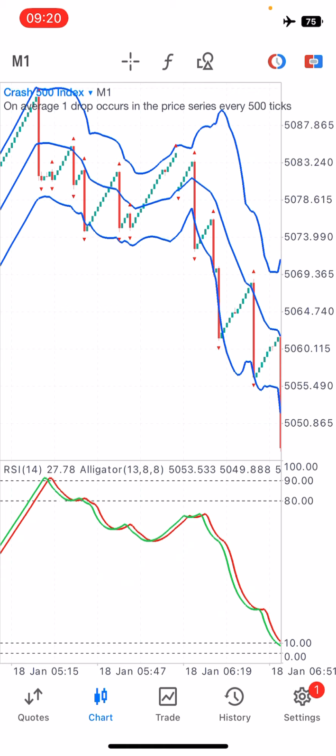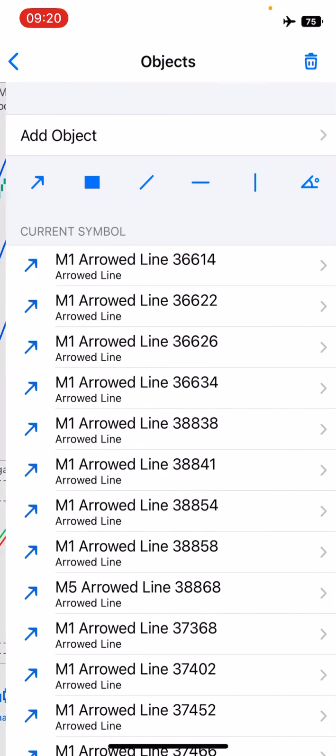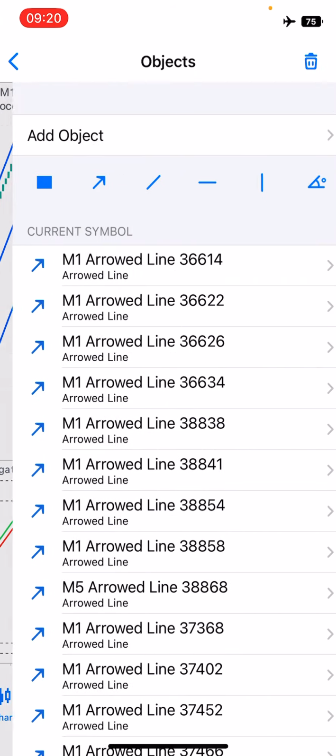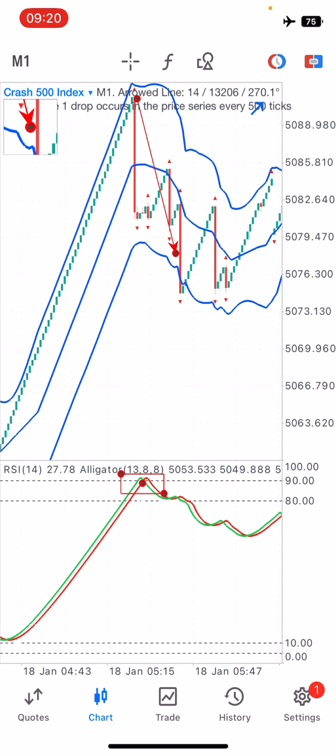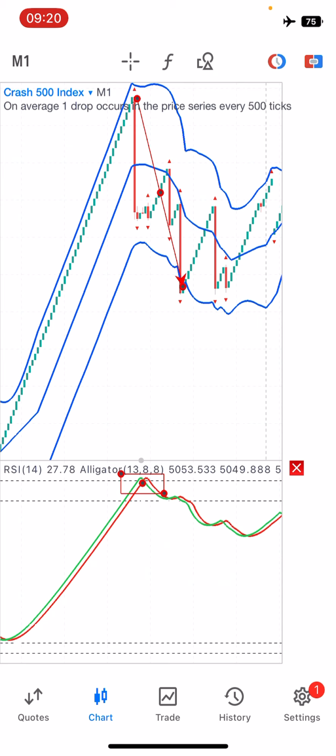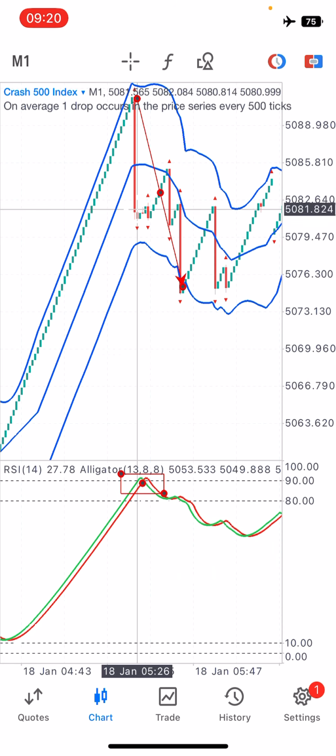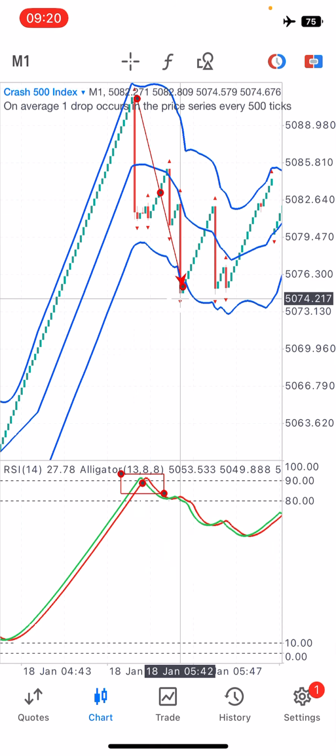Okay, so for crash, basically it's the opposite. This time we're trading from our level 90, and you want to push downwards, but the concept still remains the same. You're going to hold the spike up until the last spike should have hit the lower Bollinger Band this time. So we're going to trade from the top Bollinger Band all the way down to the bottom Bollinger Band. In that case, you're going to hold across through 1, 2, 3, 4, 5 spikes. Although some of these were really small, but eventually price moves from this point up to this point, and